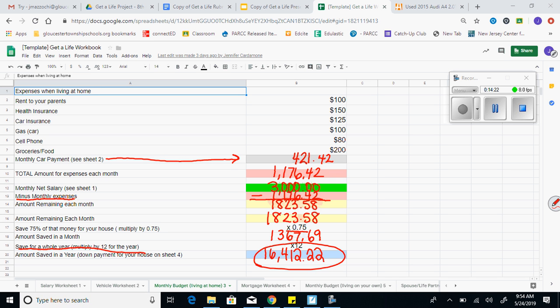After you have filled this in, you need to, number one, make sure that this number right here, this is line 14, is a positive number. If that number is not a positive number, that means you cannot currently afford the car. So you are going to need to pick a less expensive car or come see one of your teachers. Also, after you have line 20 filled out here, please have one of the teachers check your work. You will then go to